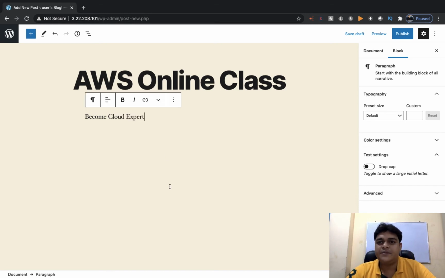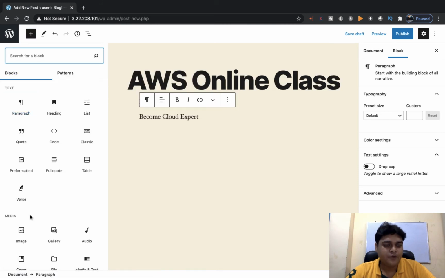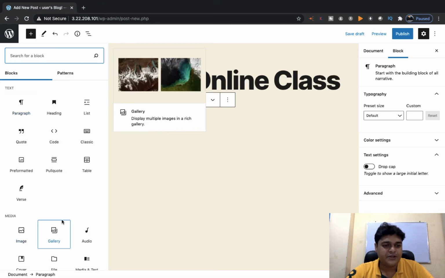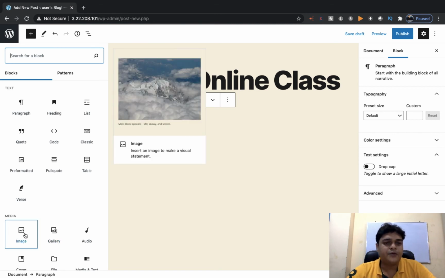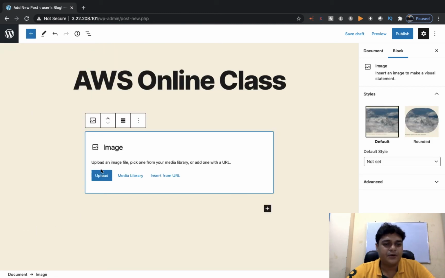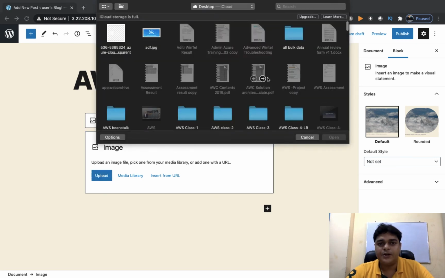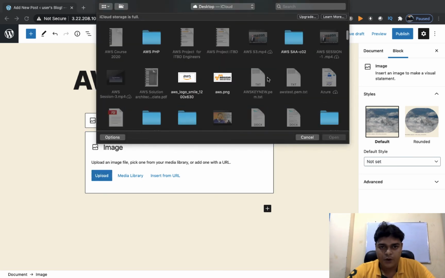Correct. If you want to add some images, you need to click on the plus icon. It gives you the option to upload your image. It gives you the option to upload any kind of audio and video. So we are planning to upload the image, that's why I'm going to click on image, click upload. Once you click on upload, it gives you access to your own system.